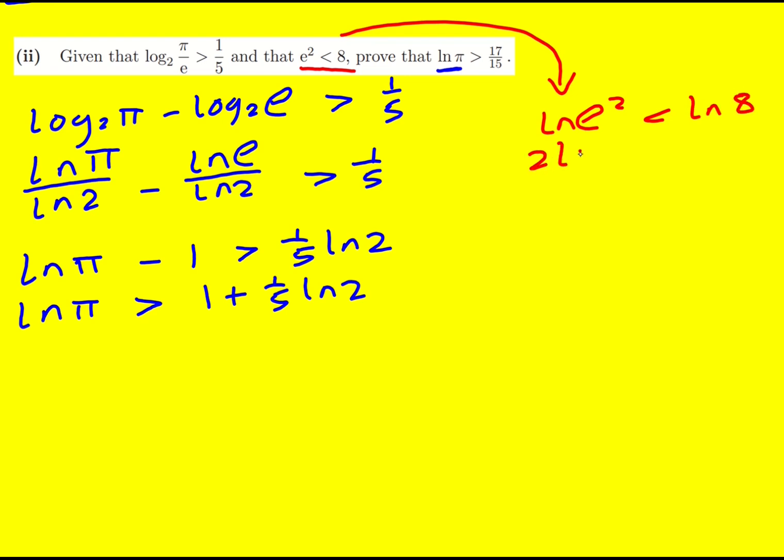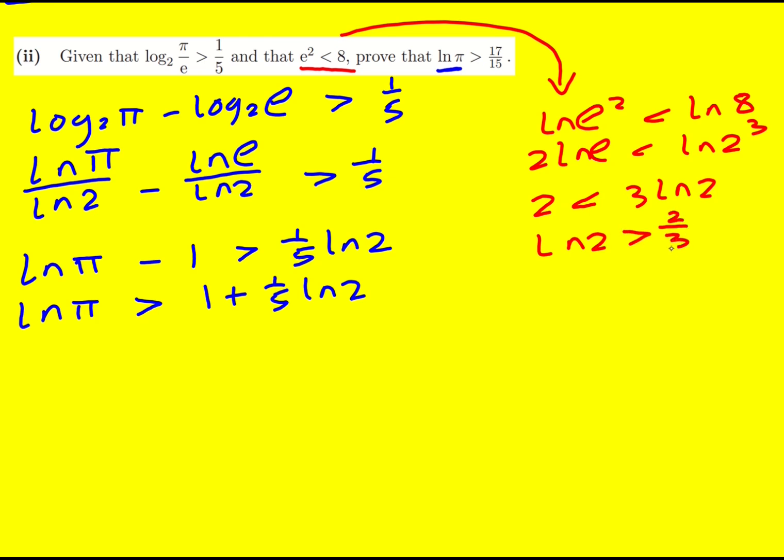And that means 2 ln e is going to be less than, well, this is ln of 2 cubed. Now ln e is just 1, so 2 is less than 3 ln 2, and therefore ln 2 is greater